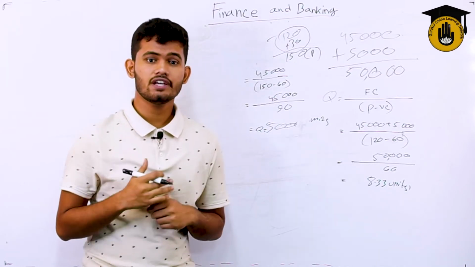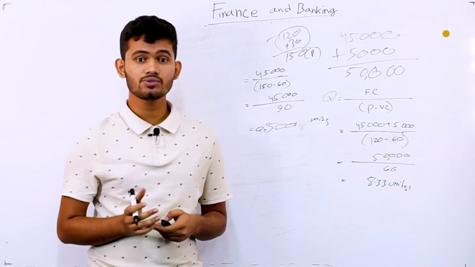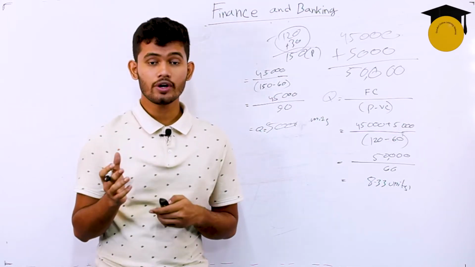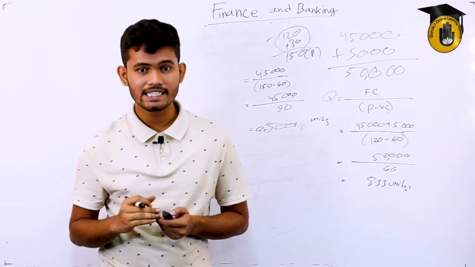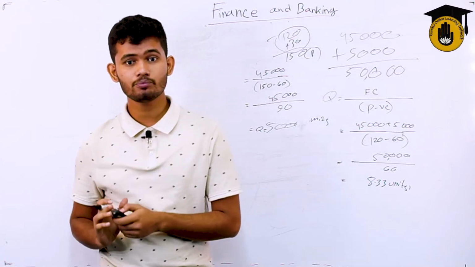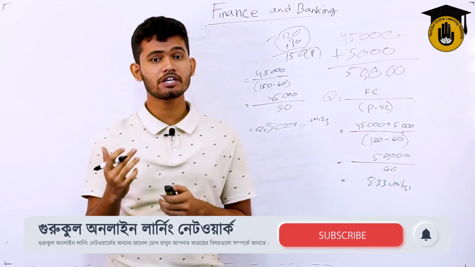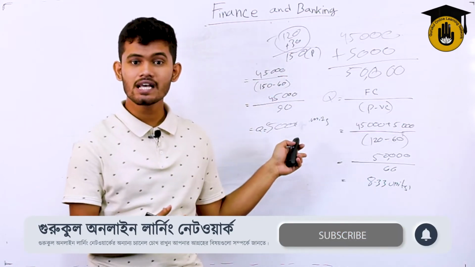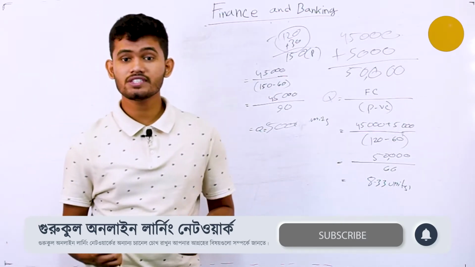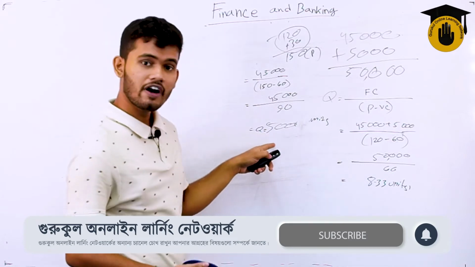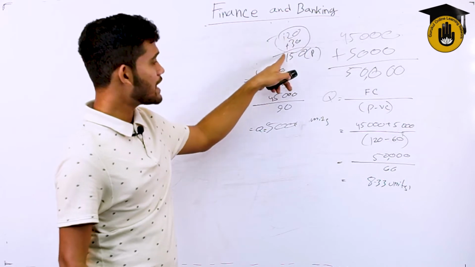So the effect on this, if the unit selling price increases, the break-even point decreases in comparison with the break-even point of 750. So in the previous one, the effect we saw, if the variable cost increased, the break-even point would also increase with that. But in the second situation, if our selling price per unit, that means if our P increases, our break-even point will simply just decrease. So the previous one was 833 and here we got 500. 833 was when the fixed cost increased and 500 units was when the price per unit increased.